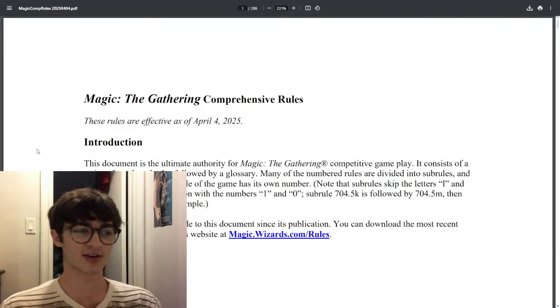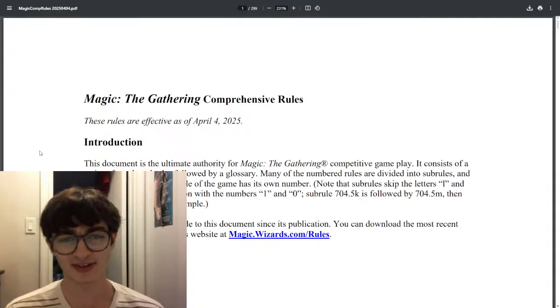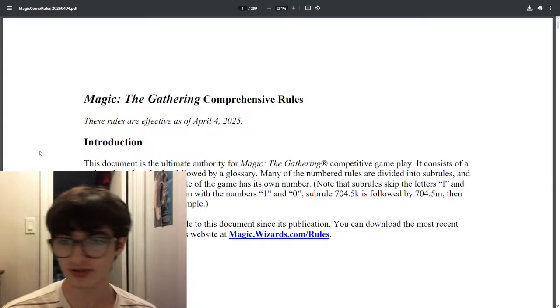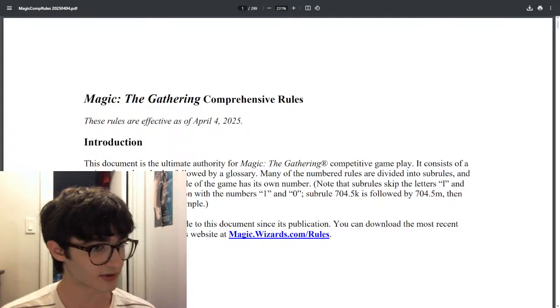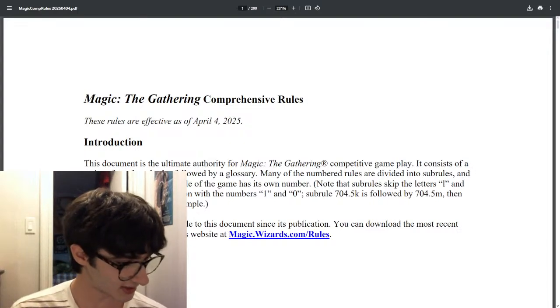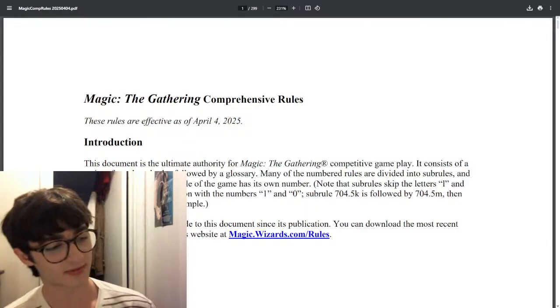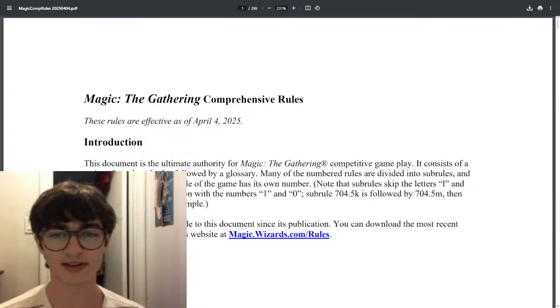All right. So we're gonna start from the beginning. Magic the Gathering comprehensive rules. I'm getting some ad from when I tried to open, you can't see what's going on. Okay, cool. That's done. Test widget, start recording. Because now I can also upload this, I think. Magic the Gathering comprehensive rules.